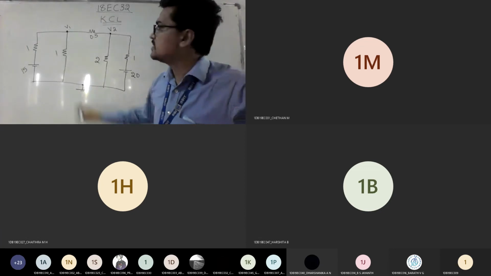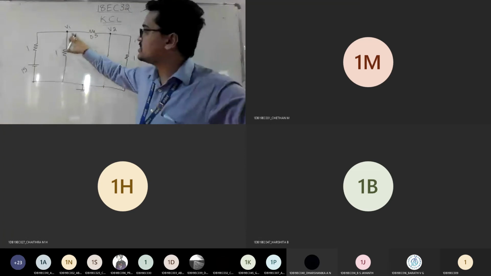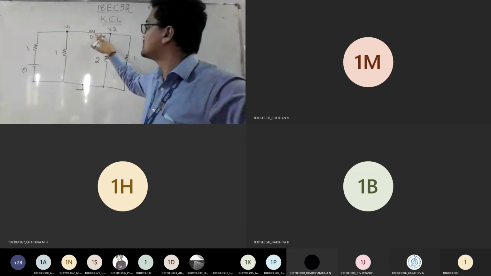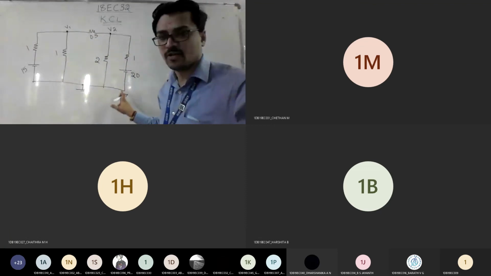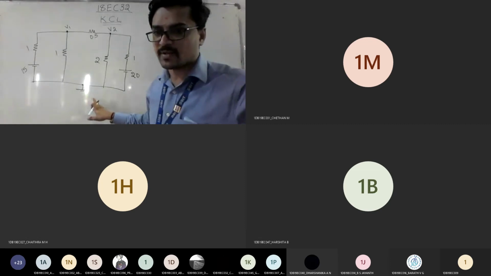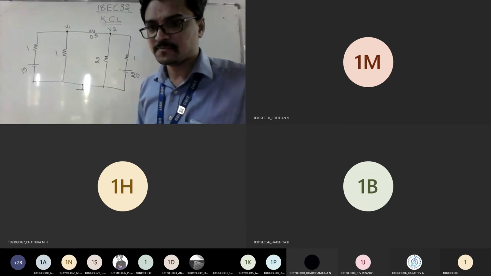So our task is to check how many branch connections are here. This is one branch, this is one more branch, this is one more branch. So 3 branch connections are here. Similarly 3 here, but look here, 1, 2, 3, 4. So 4 branches are considered here. That's why I can treat this as a principal node with the reference node concept. Am I clear?